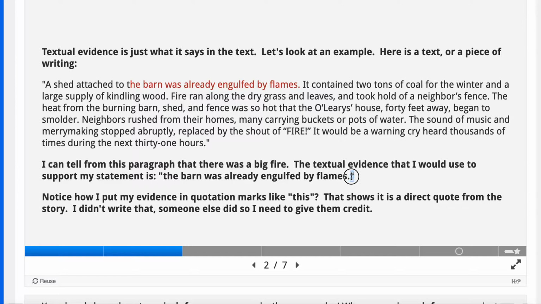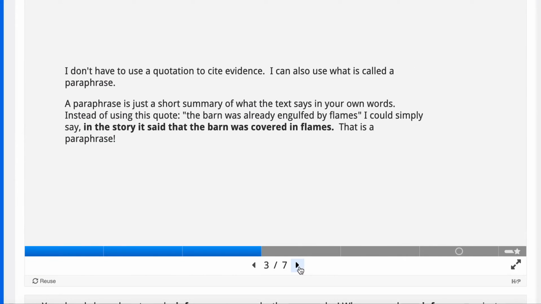And see, I put this in quotation marks. That's what these little markings are. They're called quotation marks. That's to show that this isn't my own writing. This is something that I copied and pasted from what I read, and I'm using it as my evidence. But I don't want to put it as my own words because it's not my own words. That would be stealing.